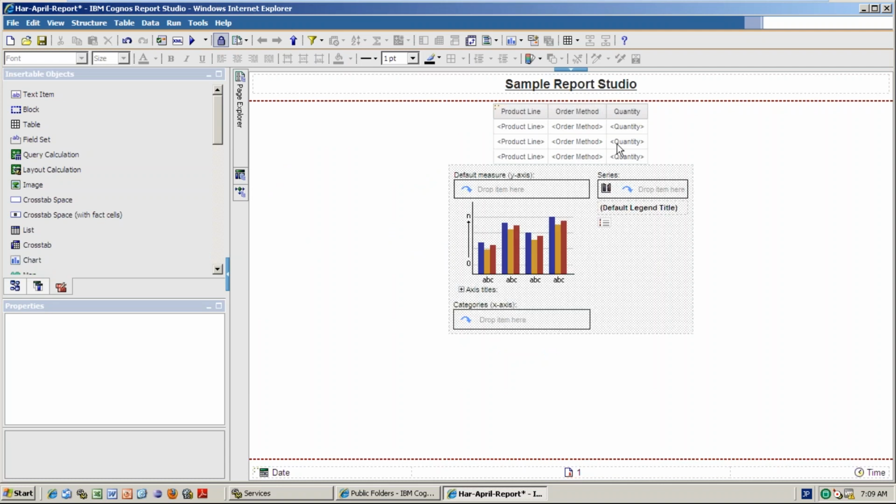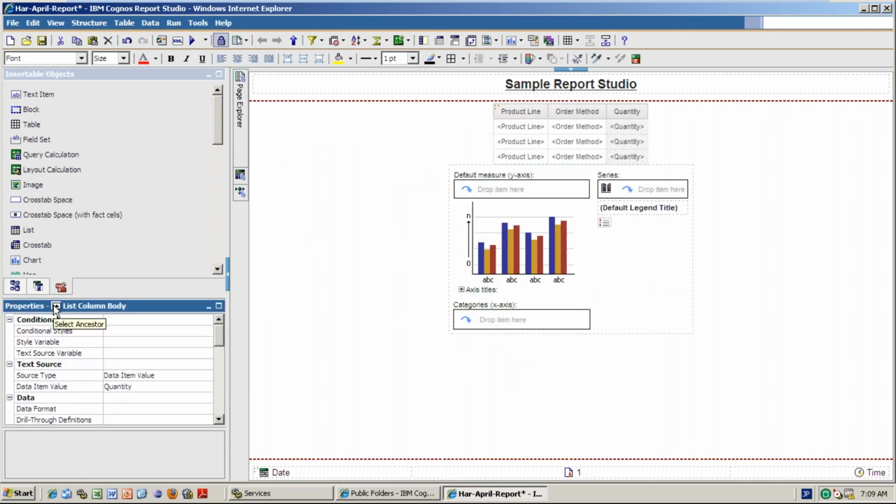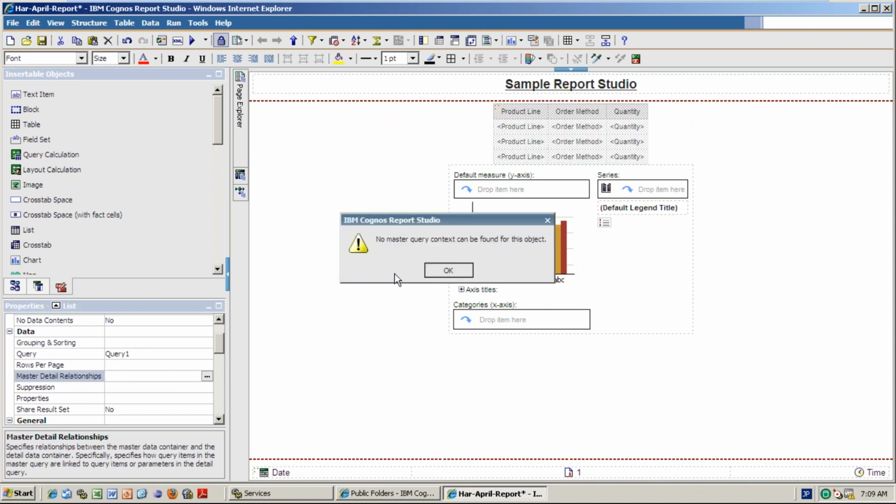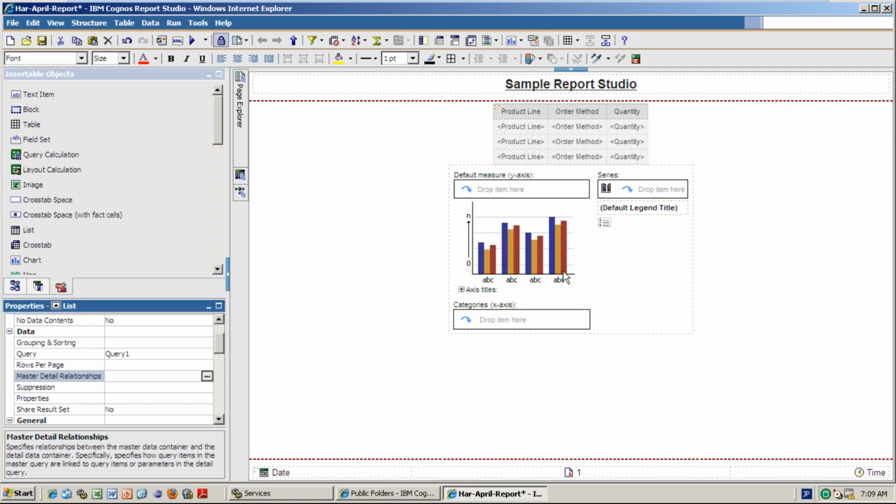If you go ahead here into your list body and see the master detail relationship, no master query is existing, because master detail relationship means if you drag a chart within the data container, that means if you are having a list, you have to drag the chart within the container, then only it will allow you.